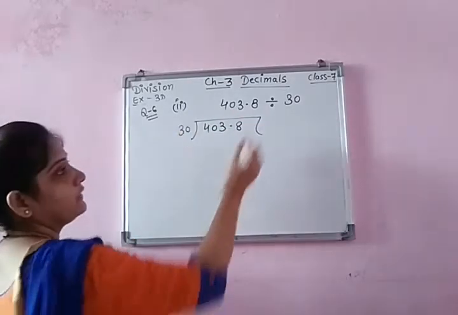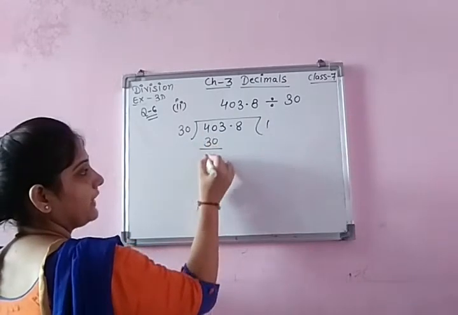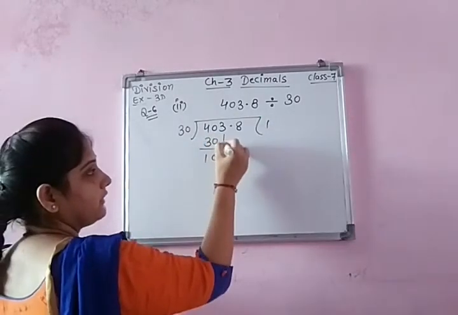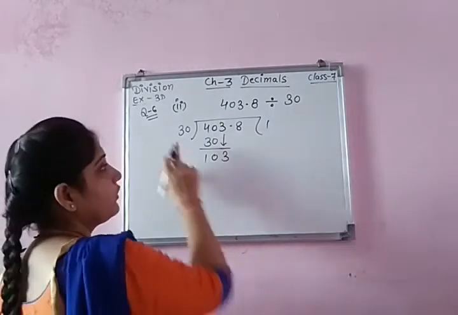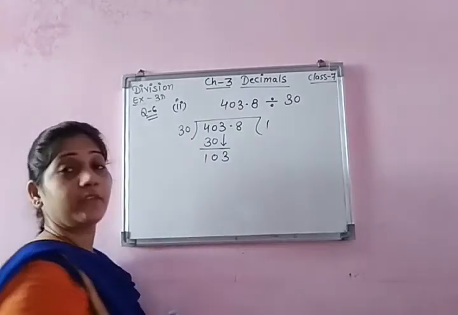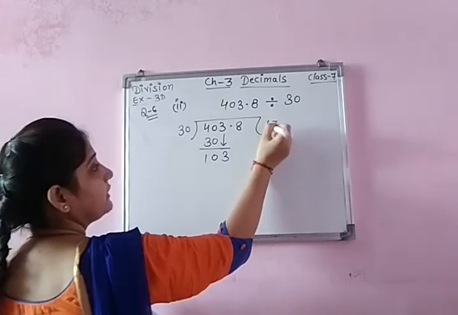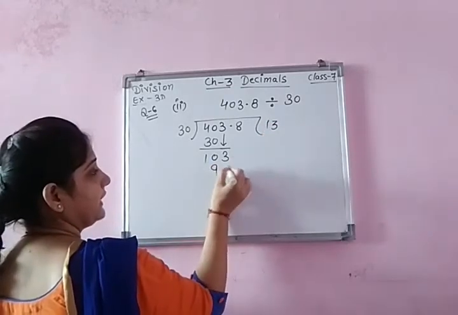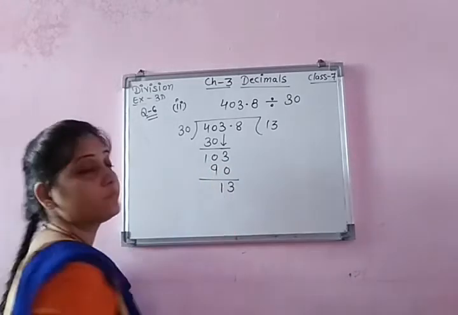So let's solve. 3 1s are 3. 4 minus 3 gives us 1, and write down this 3. Now 13, 3s are... because you need to read the table of 3 only and then put 0. Because if you use 4s, it will give us 120, that is more. So 3 3s are 90. 3 minus 0, 3. 10 minus 9 is 1.